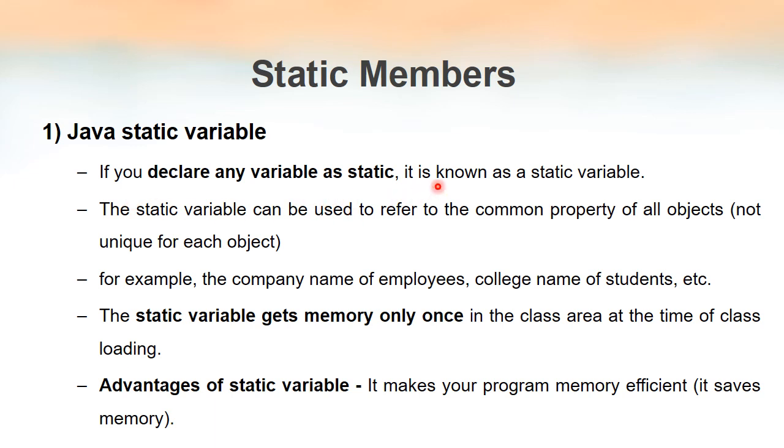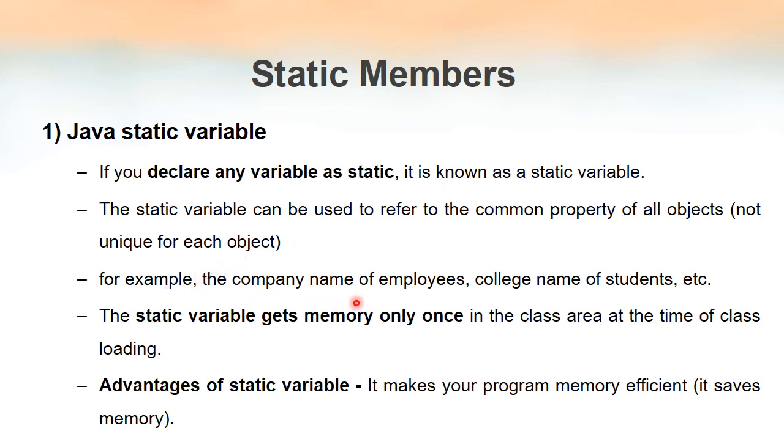For declaring a variable as static, we have to use the keyword static just before the data type of the variable. For example, static int a. If we declare a variable as static, that means it belongs to the class. Even if we create some objects of that class, a separate copy of that variable will not be created. So all the objects of the class will share the same variable. It is used when all the objects share some common properties.